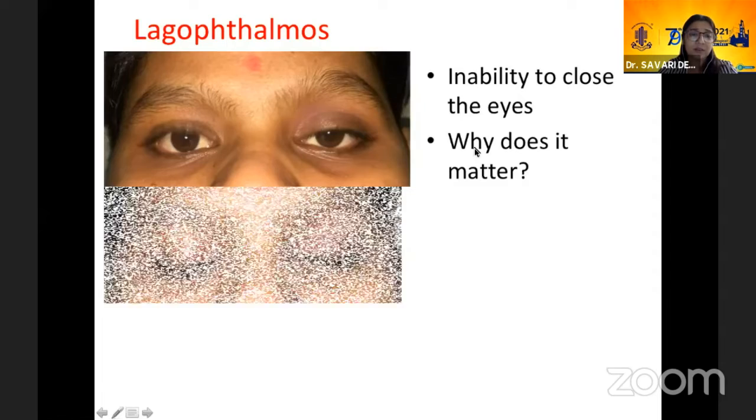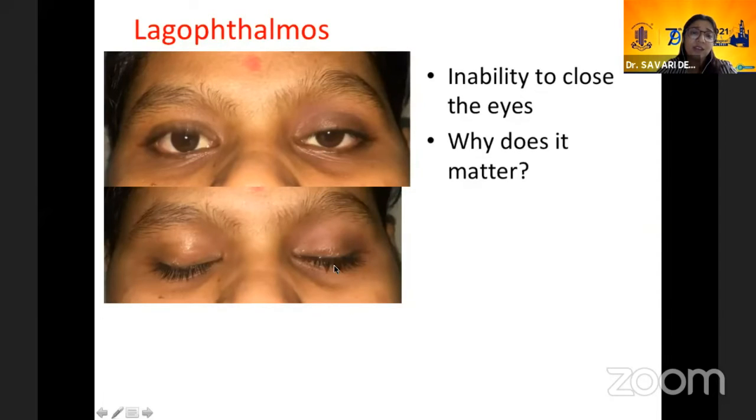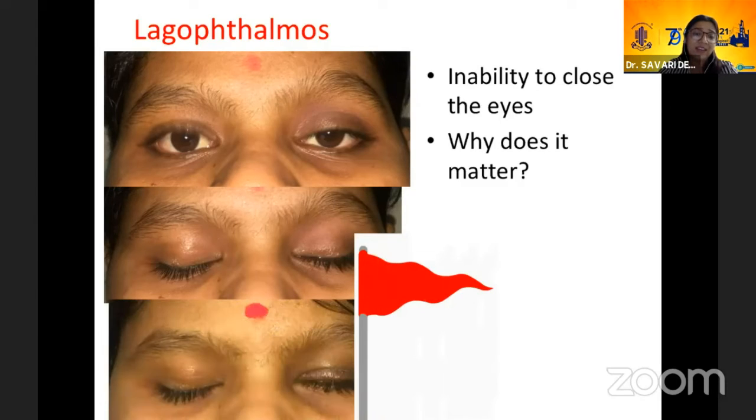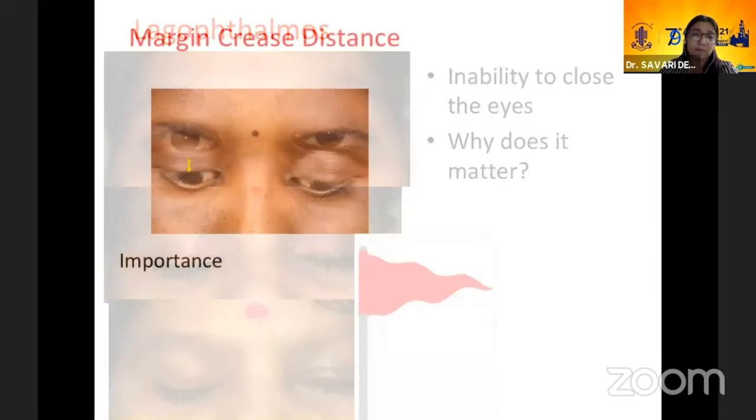So why does it matter? As you can see, she had a very, very minimal lid lag. But this is important in cases of congenital ptosis, and when you're doing a levator resection, just like the lid lag, the lagophthalmos will worsen significantly post-surgery, will reduce over time, but may still remain. This is important as if there is a very severe lagophthalmos or moderate to severe, you want to be sure that you give good topical lubricants and also counsel the patient that there will be a worsening.